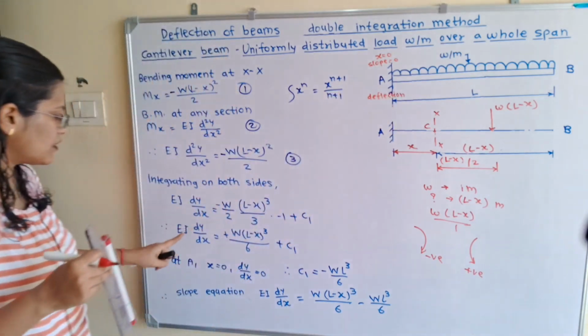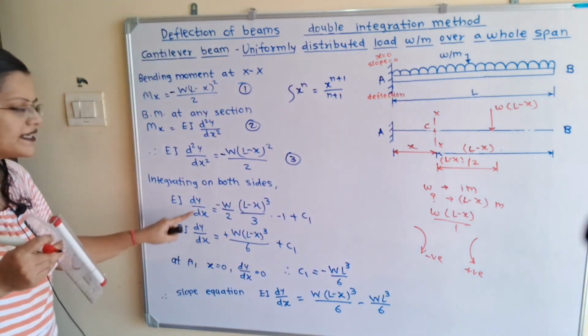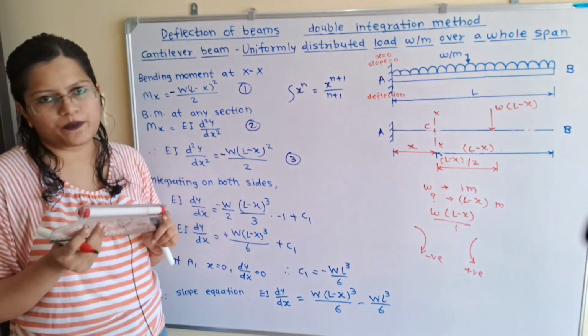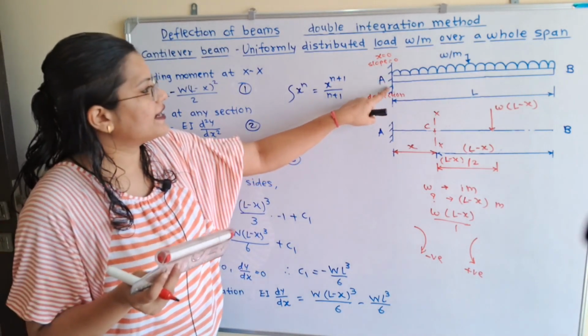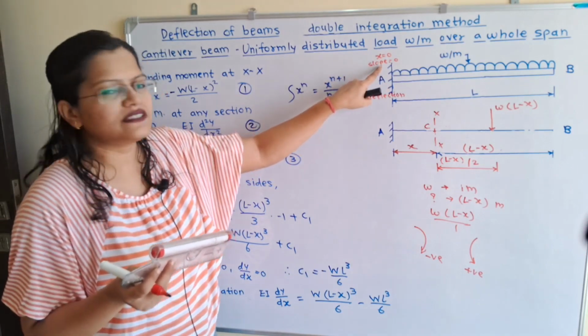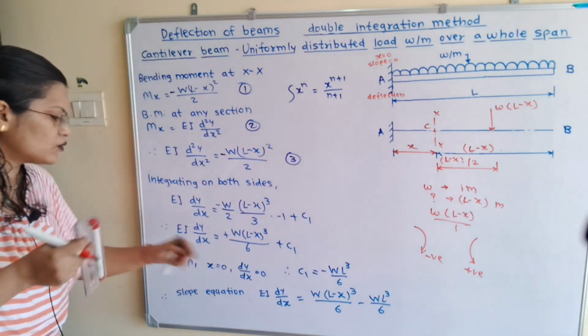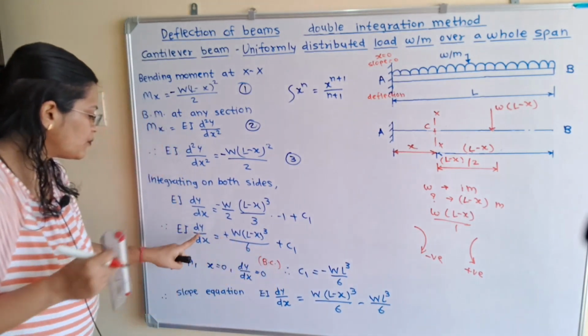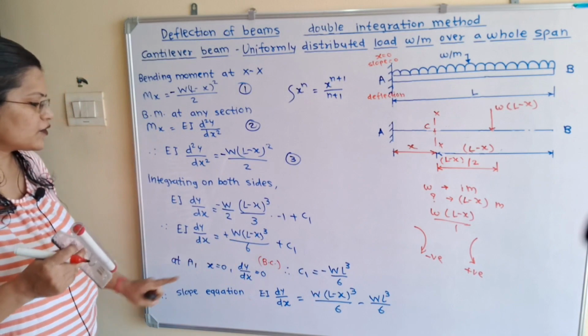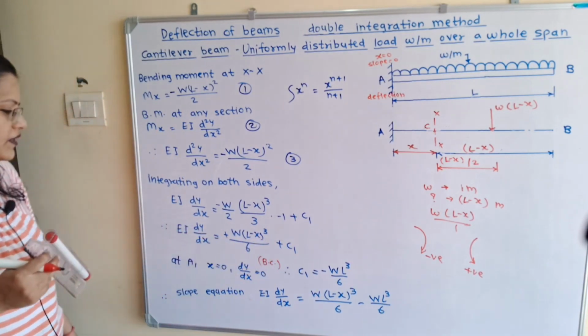Now if we observe this equation, this dy by dx is known as the slope. So if we put the boundary conditions at end A, x equal to 0, then dy by dx is also equal to 0. So these are the boundary conditions. When we put dy by dx equal to 0 and x equal to 0, we will get C1 is equal to